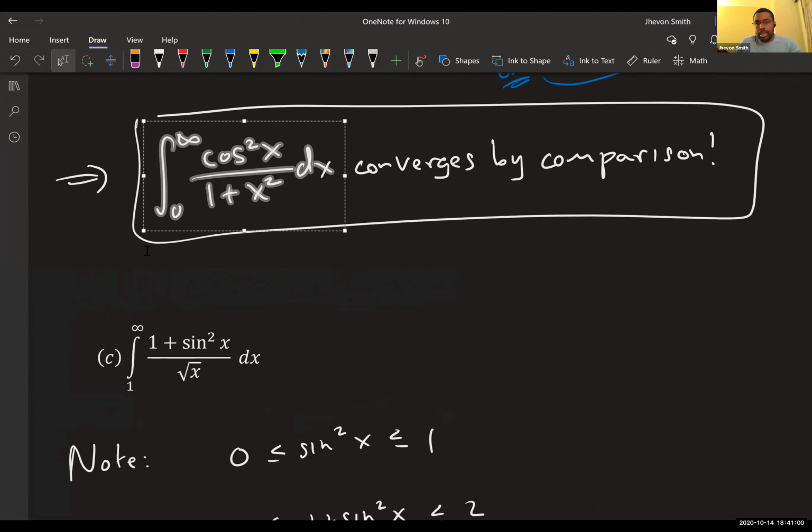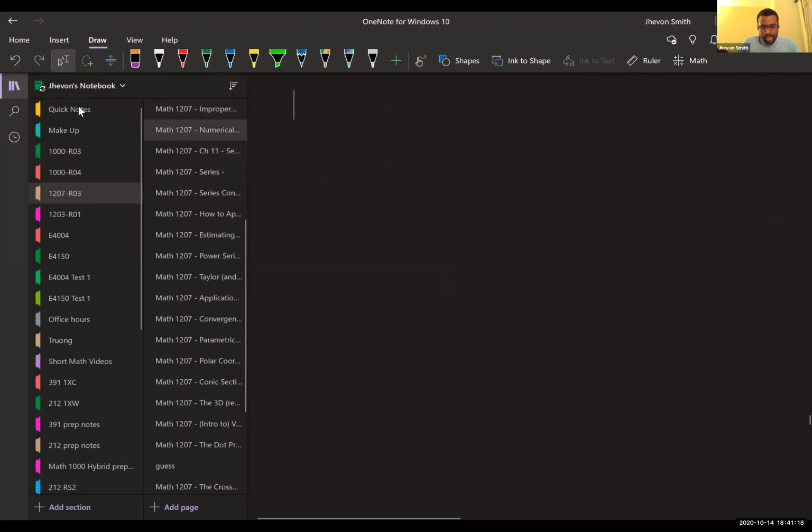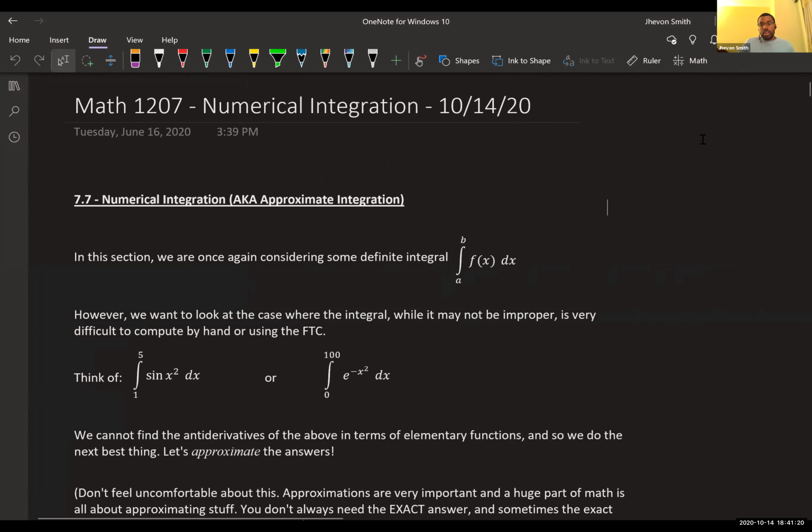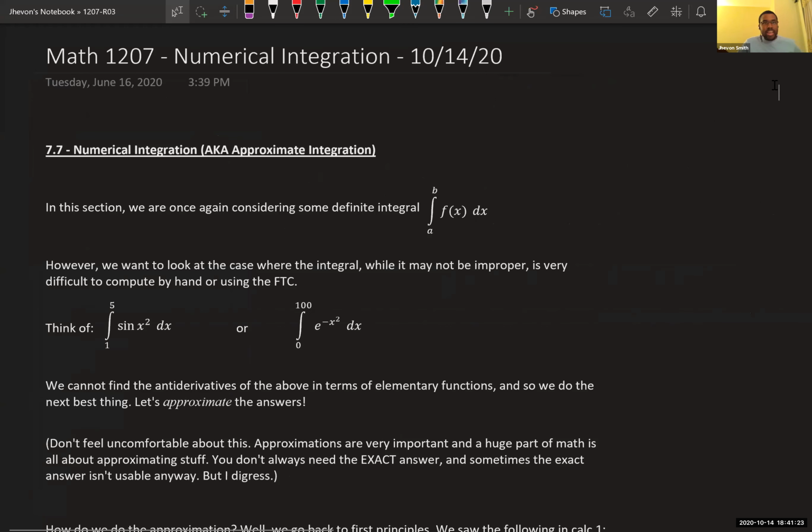Give me a ballpark. I need to know with some reasonable degree of specificity what this would converge to, right? So the comparison theorem can tell you that something converges, but it doesn't tell you what exactly it converges to. The comparison theorem tells you that the answer is out there, but what is the answer? We don't know. This leads us to an idea called numerical integration. This is when our fancy pants, sophisticated, high-minded strategies can't really get us to a specific enough answer. So we actually go about doing things based on first principles.